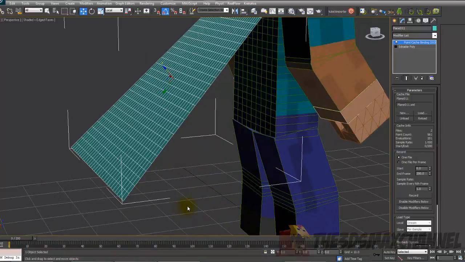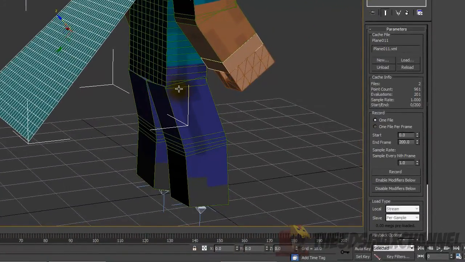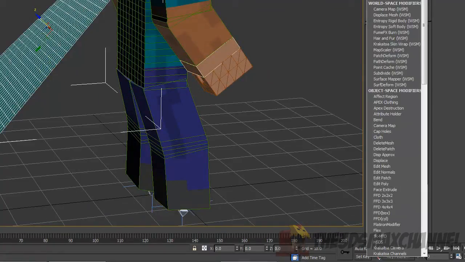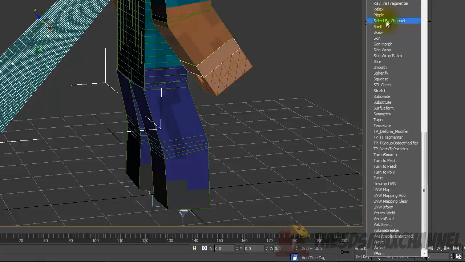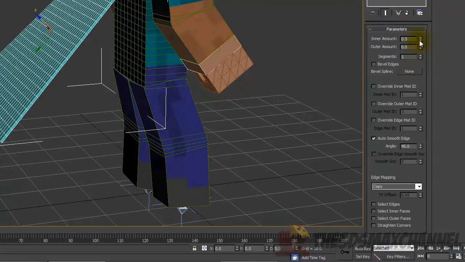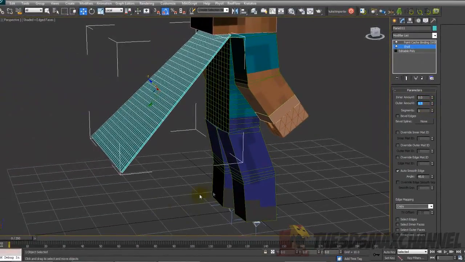So another thing before I finish this tutorial is you also might want to make it thicker. To do that, you go to the modifier list and then add a shell modifier, and then you can increase it on the outer or the inner, depending on what you really want it to do. Another reason you might want to do that is because it might